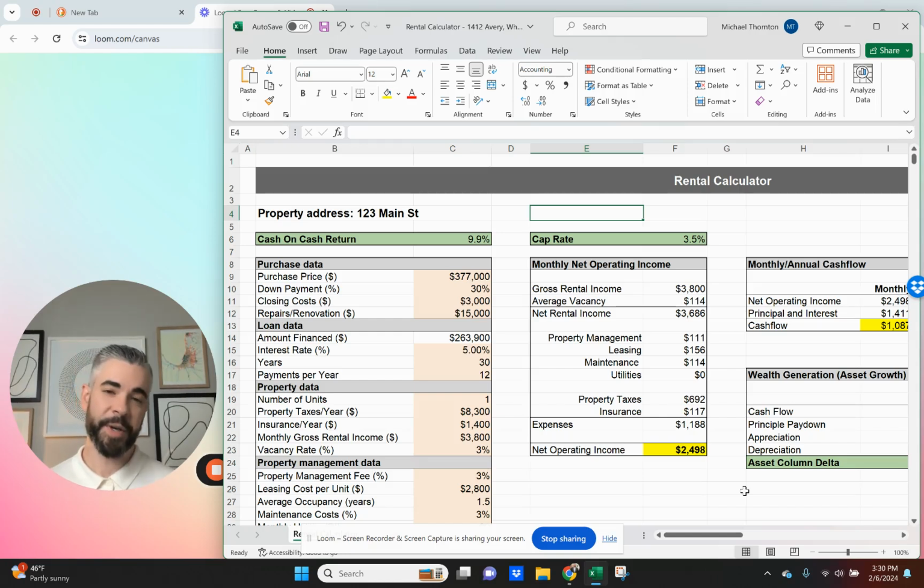All right, on today's video, I'm going to show you exactly how to analyze a property for rent. We have a lot of folks that are interested in investing, but it feels like a huge task, feels daunting. So I'm going to break it down for you very simply so you can see what we do to help